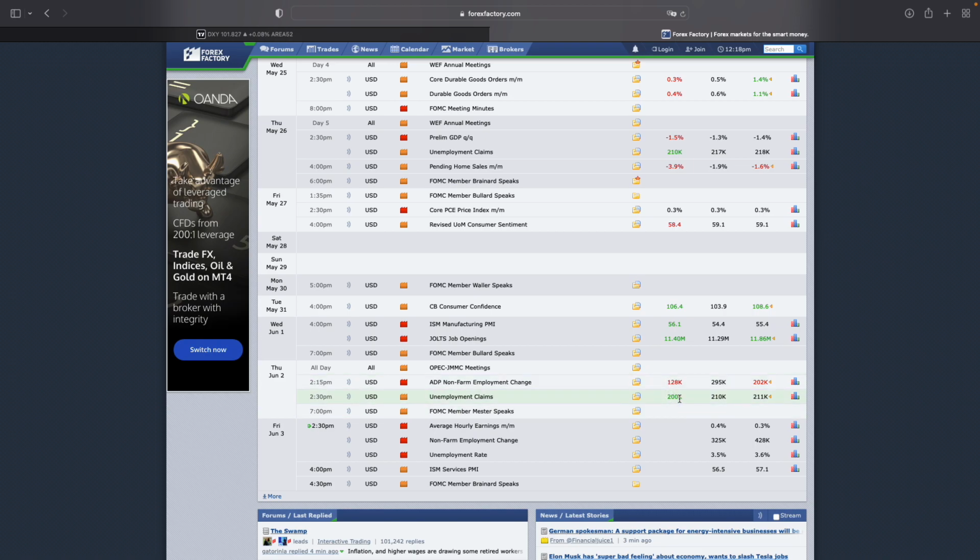We can also see the ADP, and if you don't know what ADP is, it is Automatic Data Processing, the company that issues the report and handles payroll for about one fifth of all privately employed individuals in the US. The ADP National Employment Report is viewed as a useful preview to the more detailed BLS employment situation report, so they go hand in hand with the NFP data.